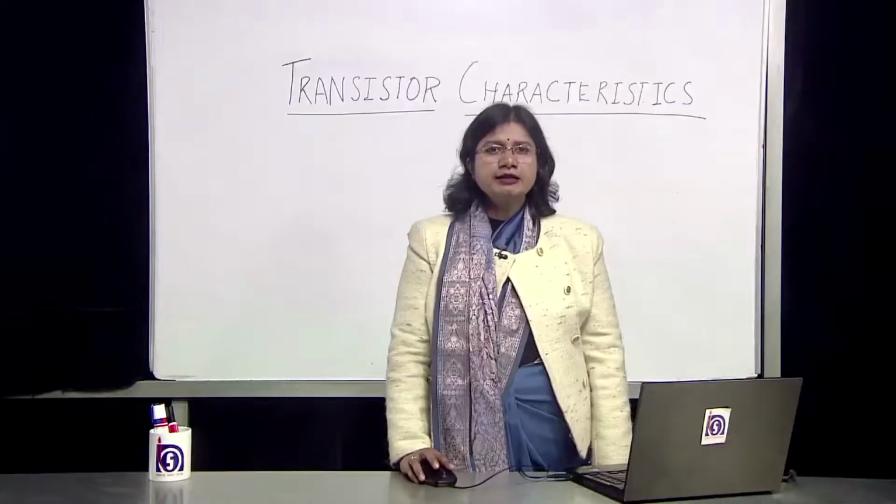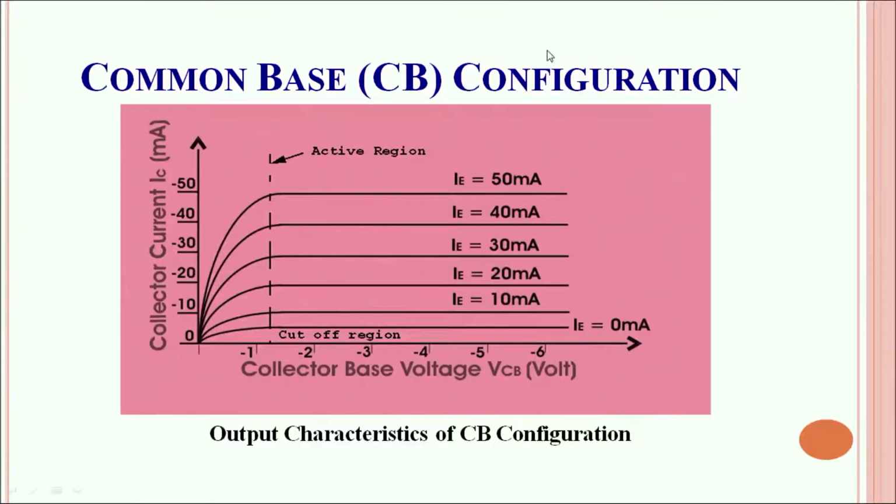Thus, the region prior to this is said to be the active region of the transistor, where the transistor tends to operate. The common base configuration is commonly used for the voltage regulators, unlike the common emitter configuration, which finds its application in a number of current gain, voltage gain and power gain devices.